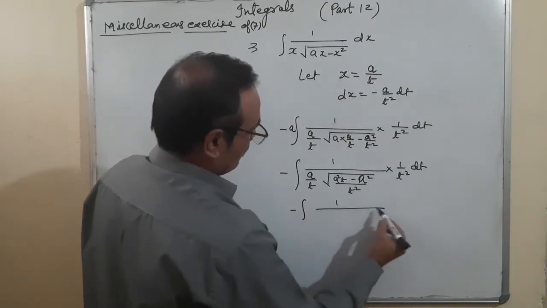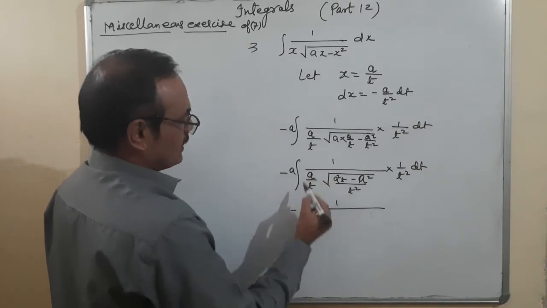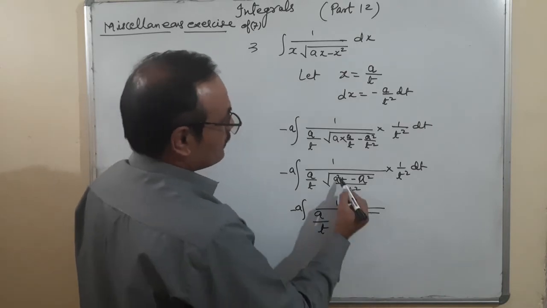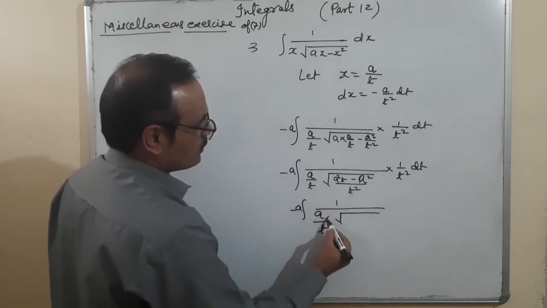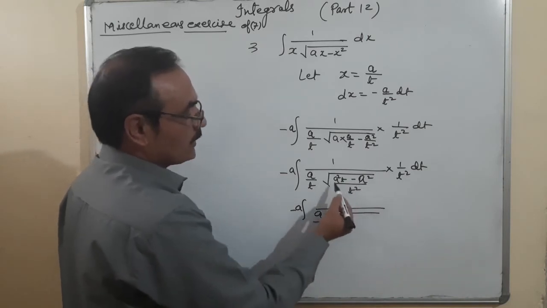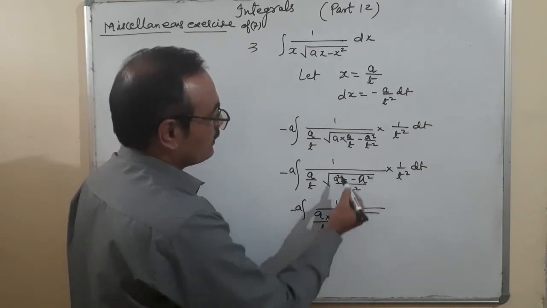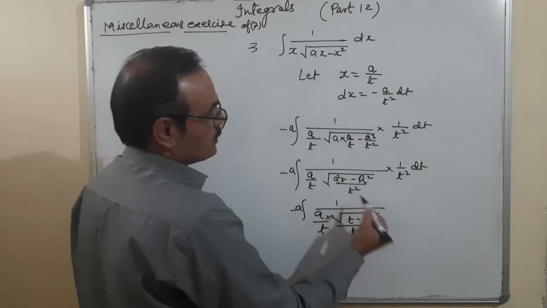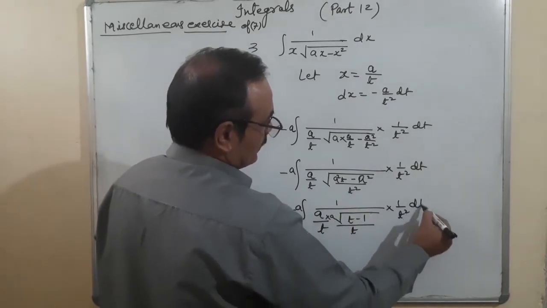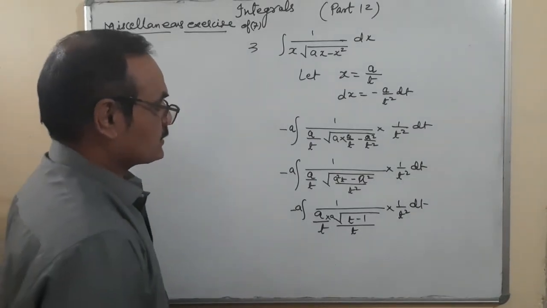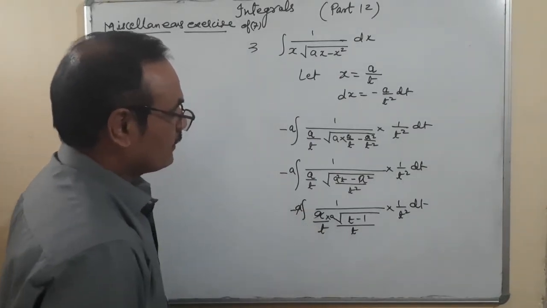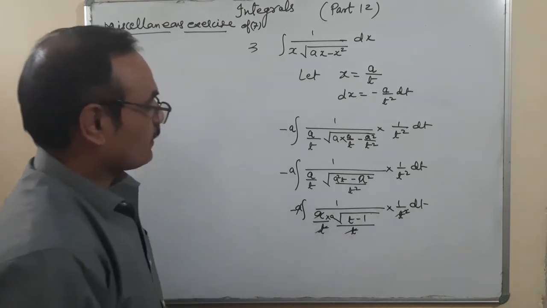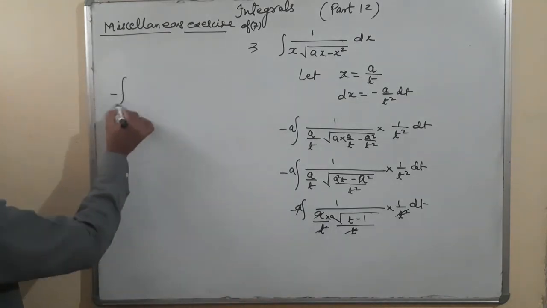1 upon a minus a, this is a upon t under root. a square is coming out, so it is a only. If a square comes out from root, it is a. What is left here? Root t minus 1 upon t outside of the root into 1 upon t square and dt. Many terms you can see here, like 1a is cancelled by a. This is t into t square will be cancelled by t square. Now finally it is left minus 1